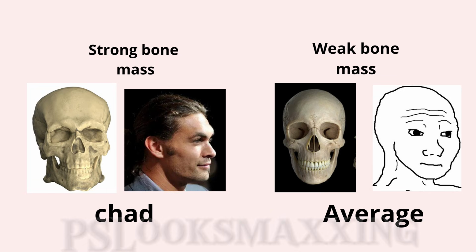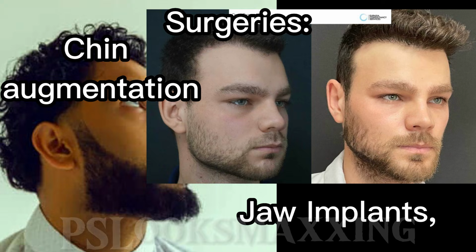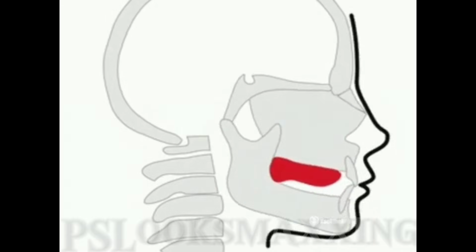Besides that, you need volume. You need to have a good jaw projection. The easiest way to do that, if you are leaning and have no volume, is to create it using a beard. But this should be done right and not just grow a beard. Other than that, you can get jaw implants, but today I'm going to discuss the best way without surgery or a beard. Most of you have heard about mewing,